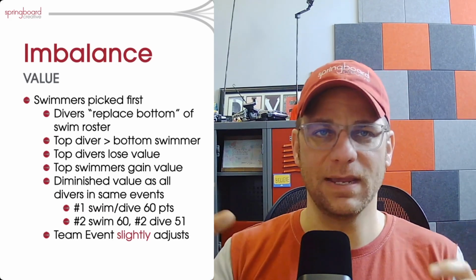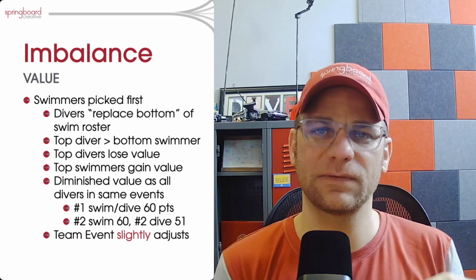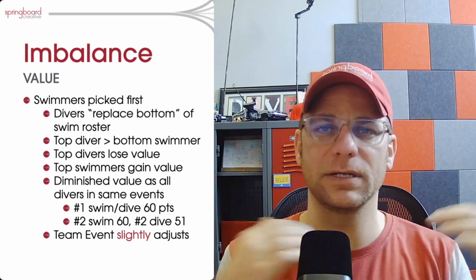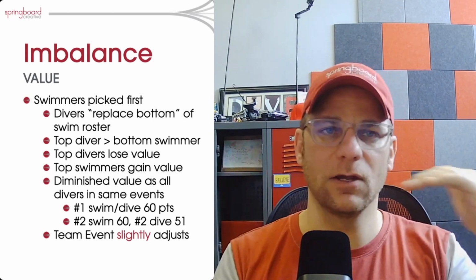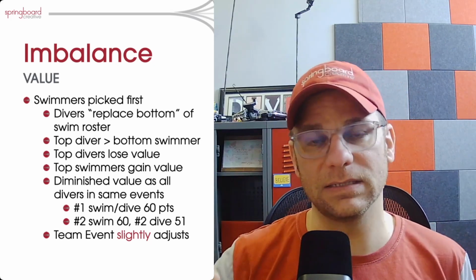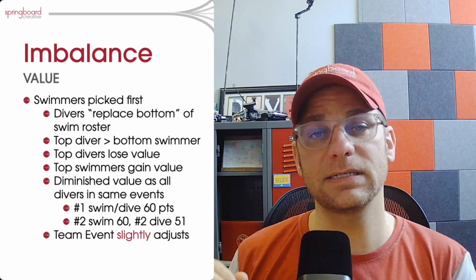With that value thing, what we're looking at is, you build this roster and you typically go swimmers first, top down, and then you replace from the bottom up. You remove your bottom, your 18th swimmer, and put in your top diver, and then you kind of go back and forth that way. And what this basically does is just boost swimmers' value and causes divers to lose value. And in fact, it's already tough because